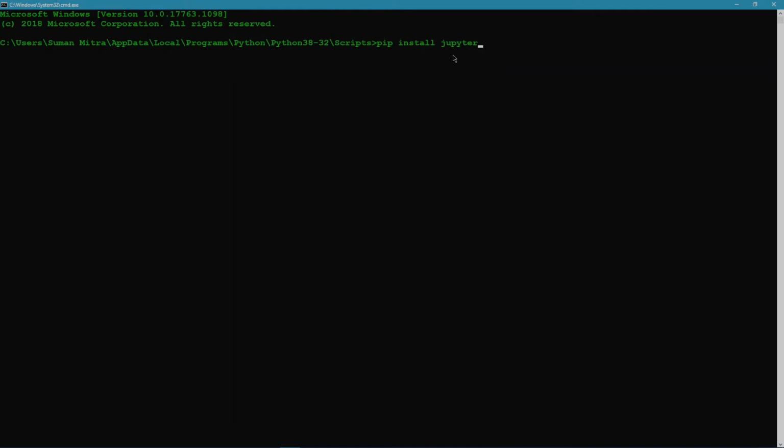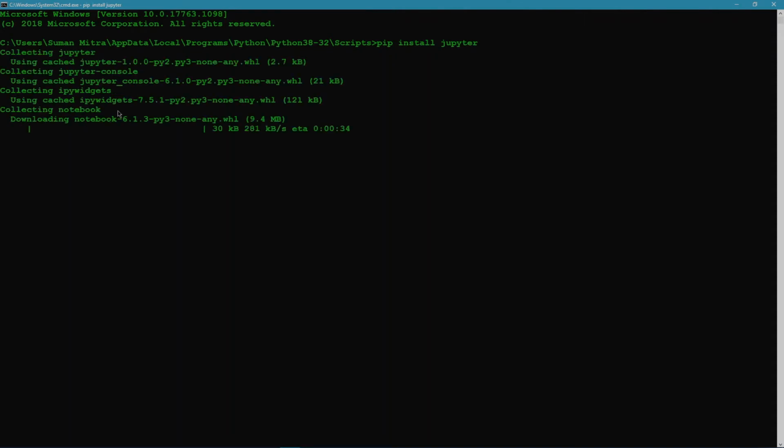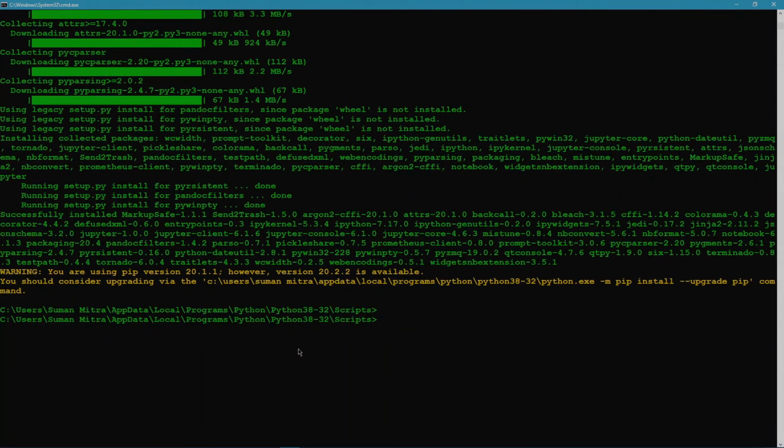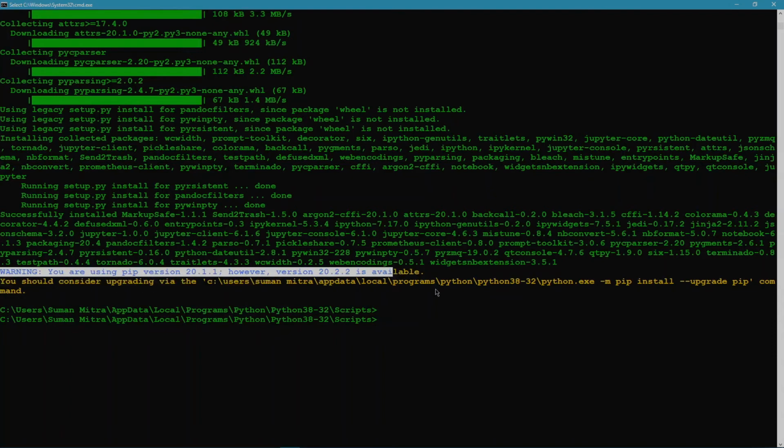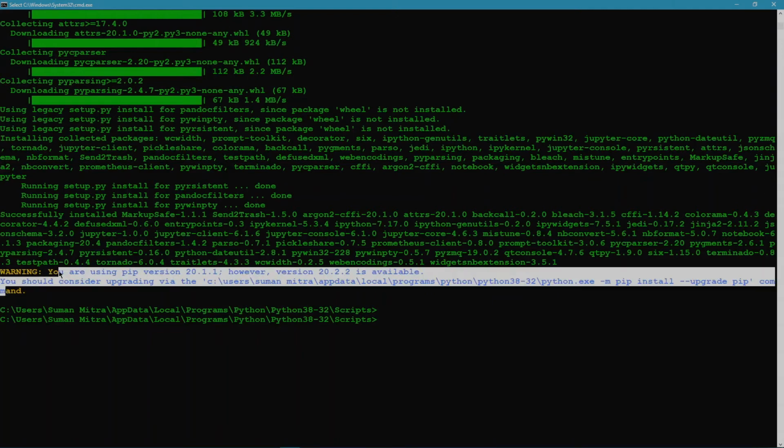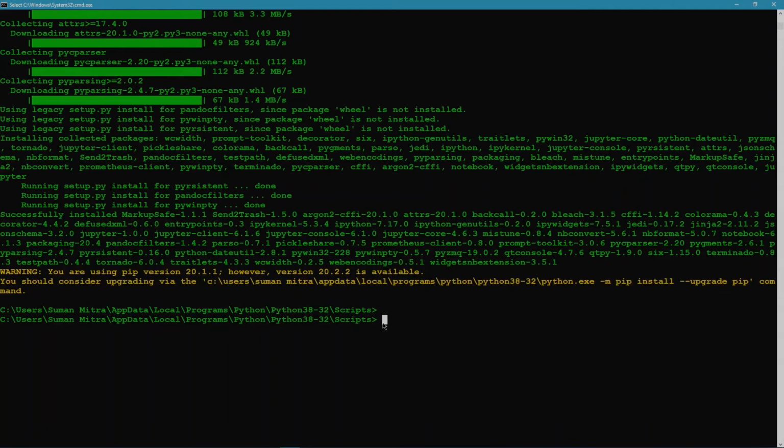As soon as you press the enter, the process will get started. You can see here it is collecting Jupyter, means it's downloading something. So it will take some time for downloading. Wait for the download to complete. You can see here all our files got downloaded. It's giving us a warning of pip version, but that's nothing to worry about. Now you can see that our version is getting downloaded and we got back to our